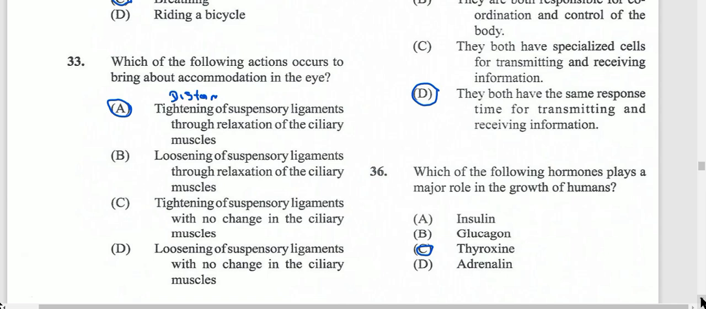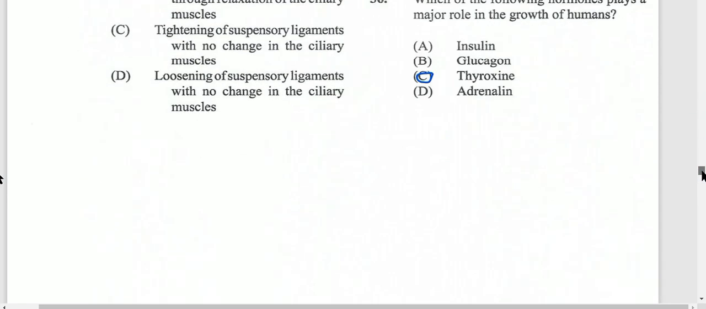So here it's going to be tightening of the suspensory ligament through relaxation of the ciliary muscle. And this is, of course, when we are viewing a distant object. So, of course, remember, your answer here for 33 is always going to be A. We move on to question